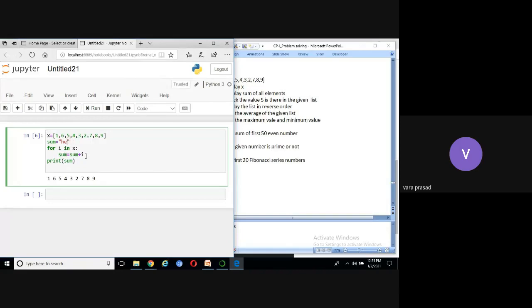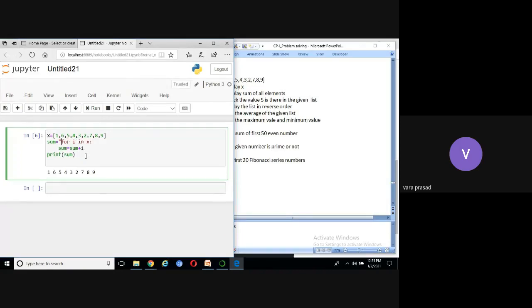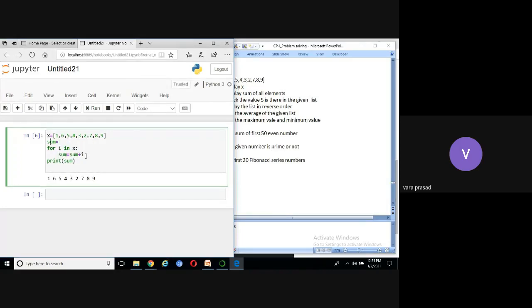If I write sum = 20.3, sum is a variable, data type is float. But if you write sum = 0, data type is integer. If you define a variable, we need to define the data type. If the variable has a data type, then only we can decide whether we can perform a specific operation on that variable or not. Let us take one example here.